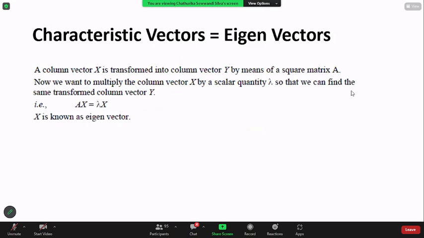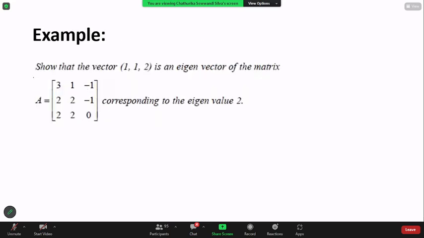Right. So then characteristic vectors, eigenvectors, right? A column vector X is transformed into a column vector Y by means of the square matrix A. Now we want to multiply, right? So through an example,